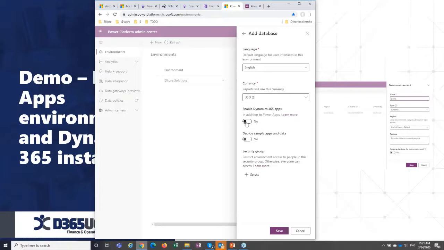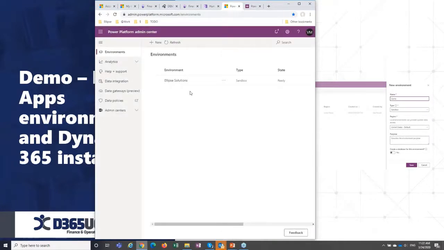So if we choose to have them and we have a license to do that, we can install standard CRM applications. And of course, when you then create your model-driven app in Power Apps, those first-party Dynamics 365 applications and your own app would share the same database.